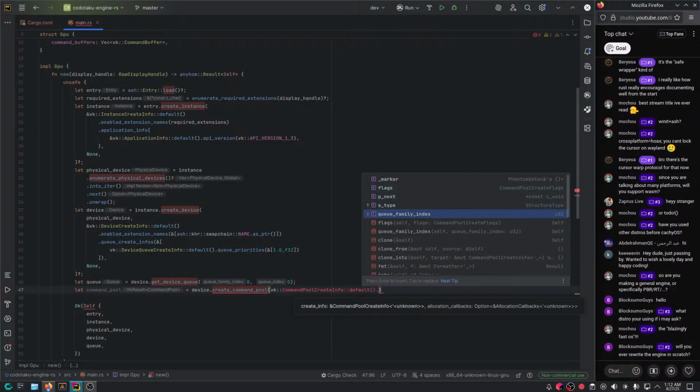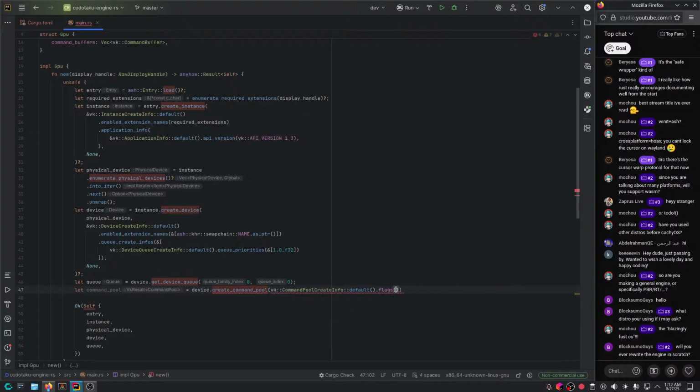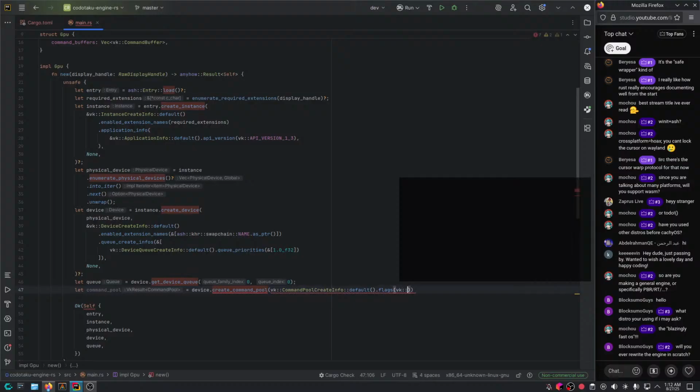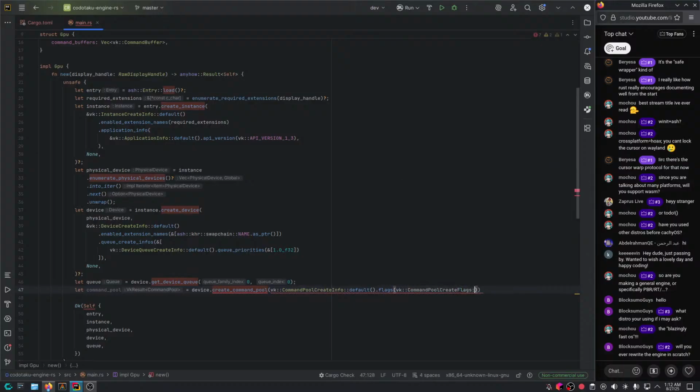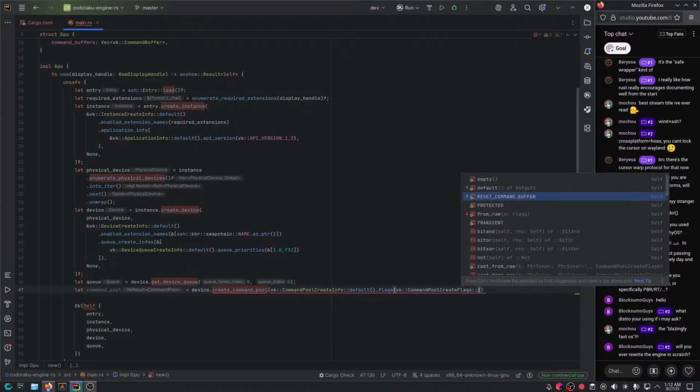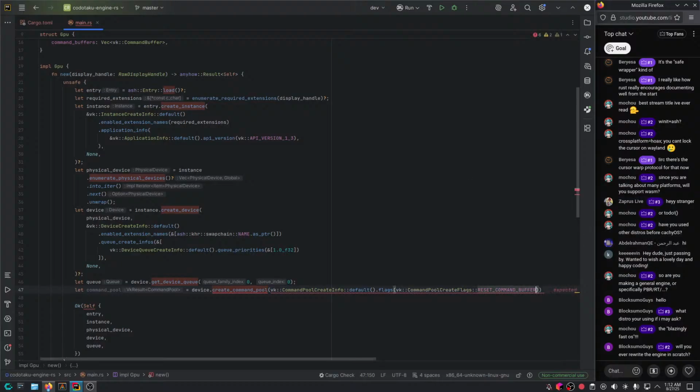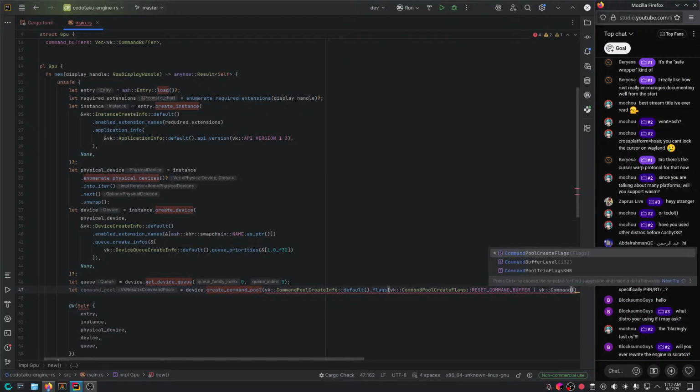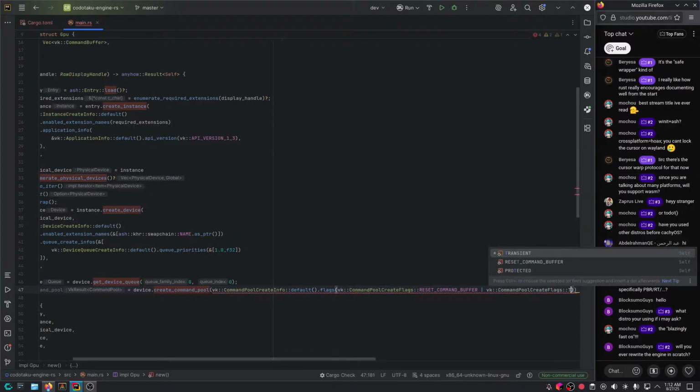Just gonna keep it as 0 so we can omit it. Other than that, we probably need some flags though. Command pool create flags. And we're gonna go with reset command buffer so we could reset them, I think. And maybe also transient. Command pool create flags transient.